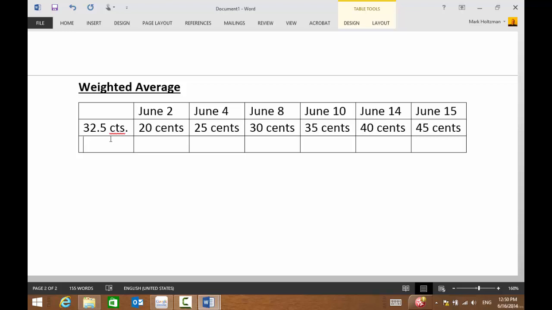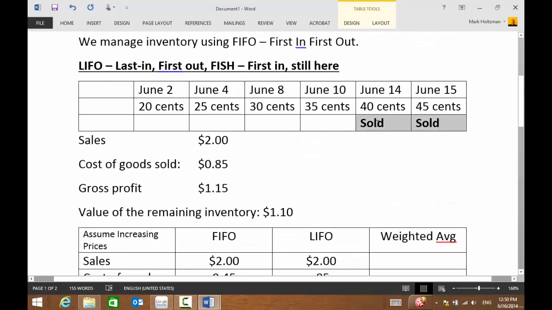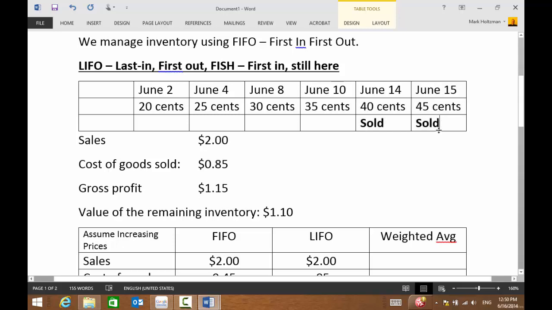So when I want to know how much the can of soda cost, I could say, well, I'm using LIFO, so the 2 cans of soda that I sold, these were the cans of soda that I sold. And that's the cost, and that's it. Even though I sold the oldest ones, you see? But isn't that kind of cheating? It's legal. It's legal, everybody does it. It saves you money on your taxes.